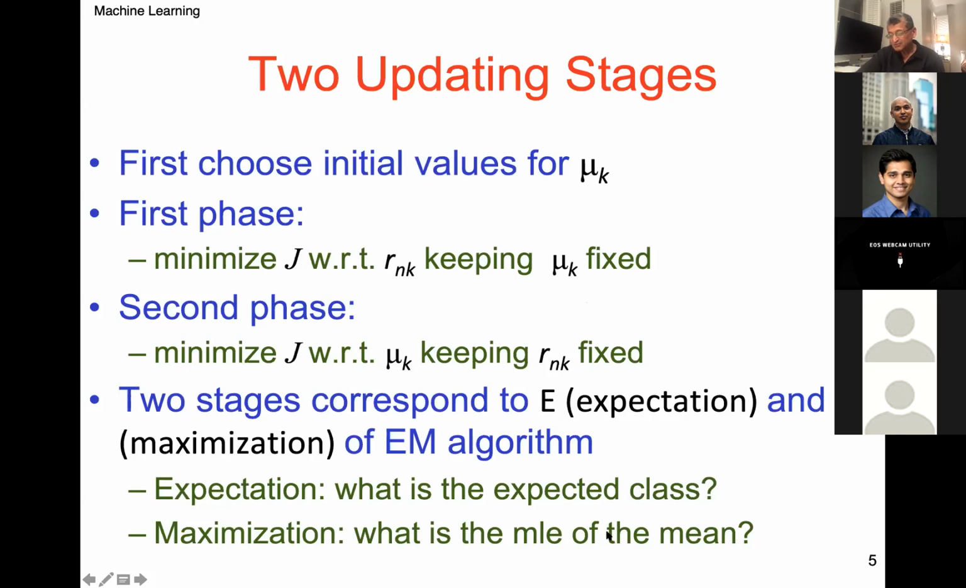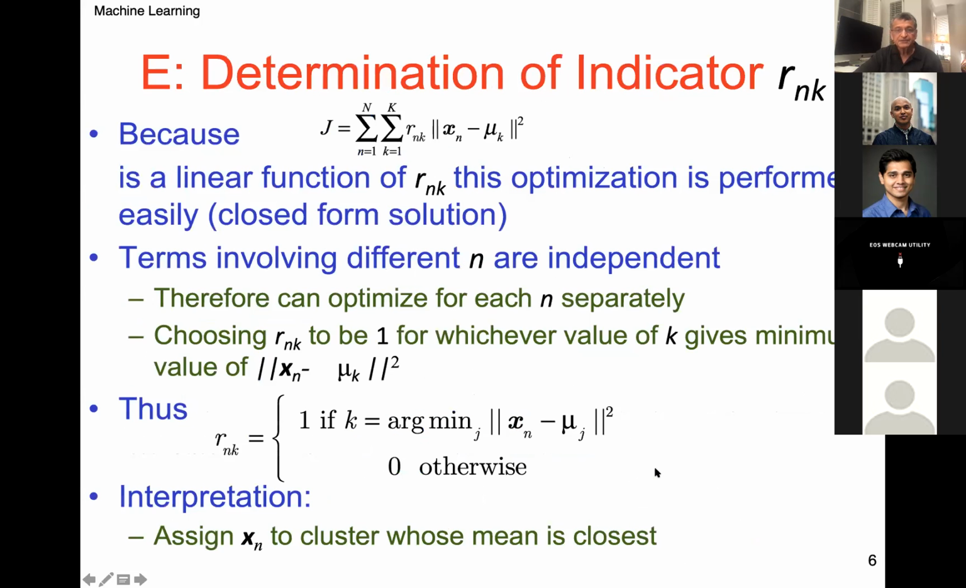So this is a useful thing to keep track of, because when we get to expectation maximization, it gets a bit confusing. What are you doing in the two steps? One is expectation, one is maximization. What does it mean? This is a very good analogy to think about: what is the expected class for each data point, the missing data. And the second one is computing the parameter. So determination of the indicator R and K,